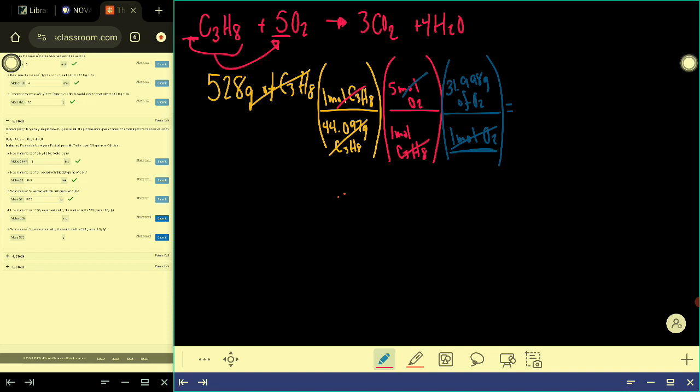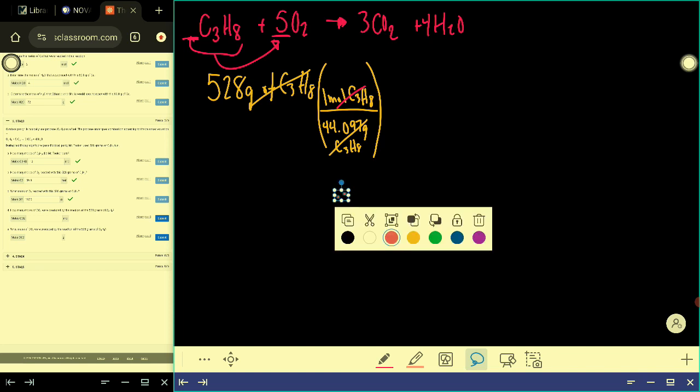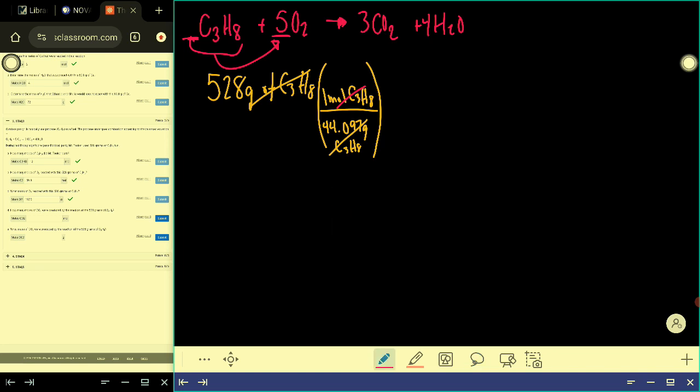You can either just convert from here on, or come back to anywhere where there's moles and go on. Because we were starting with 528 grams of our hydrocarbon, we definitely would have needed this to be our first conversion factor. So if I'm going from this to carbon dioxide instead, I can just start here and say